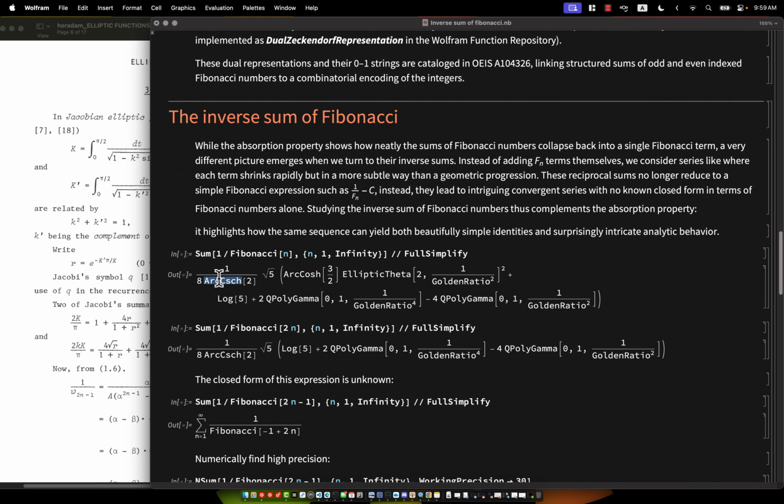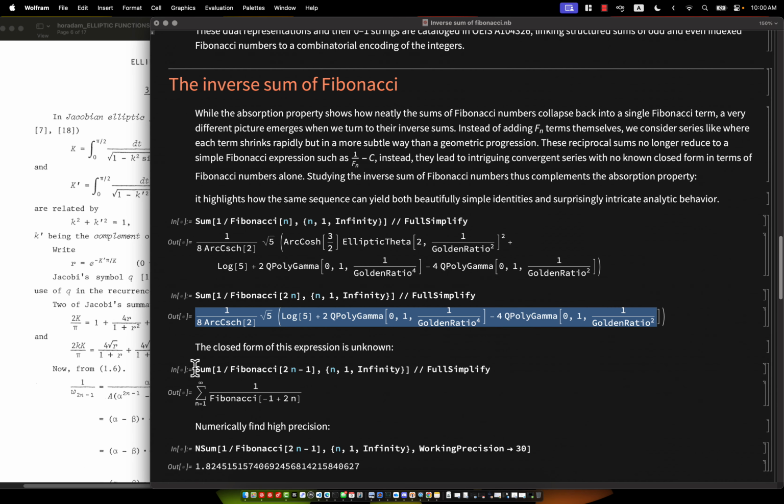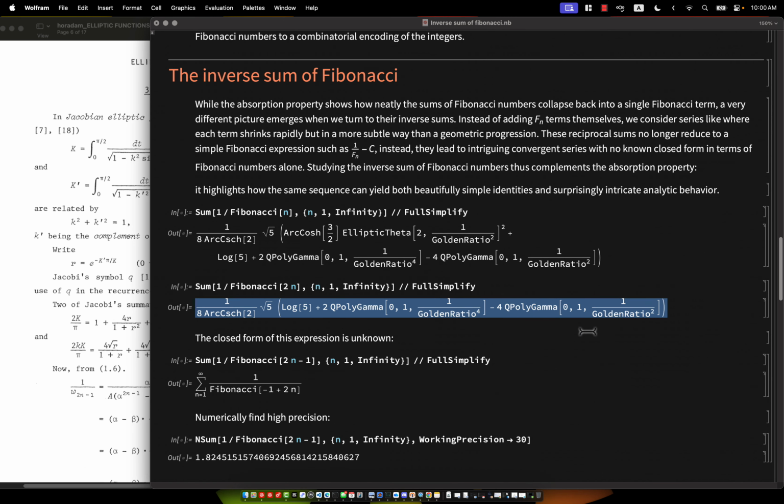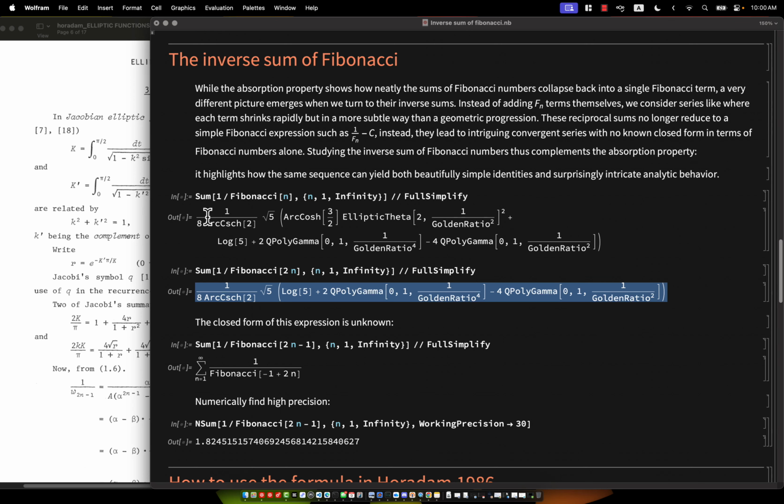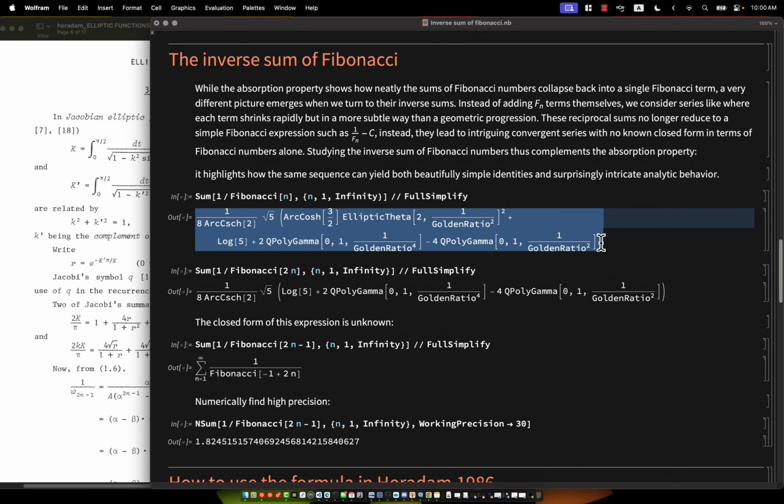arc, the inverse of some hyperbolic function. It's really complicated. If we do the same thing for the terms with only even indices, this is that, and I think this part should be improved in the future. So it should be the guy above minus something in the bottom. Okay, but even the numerical value or the symbolic value gives you some important symbolic expression for that, but